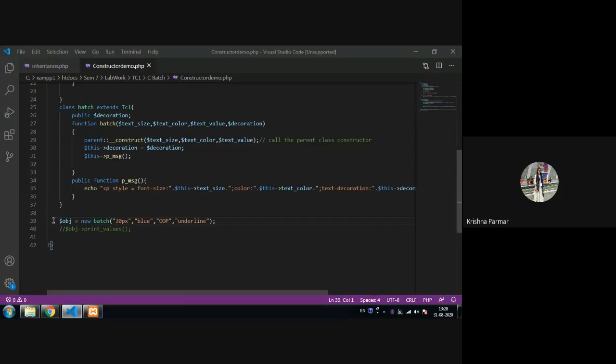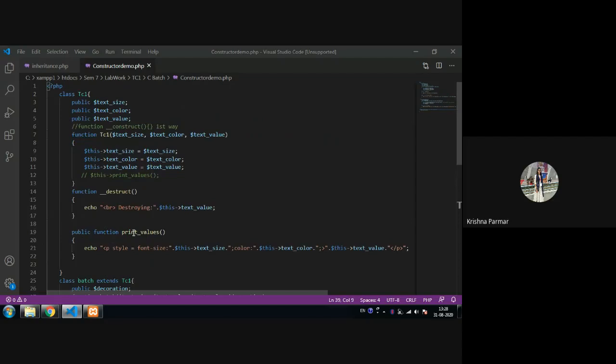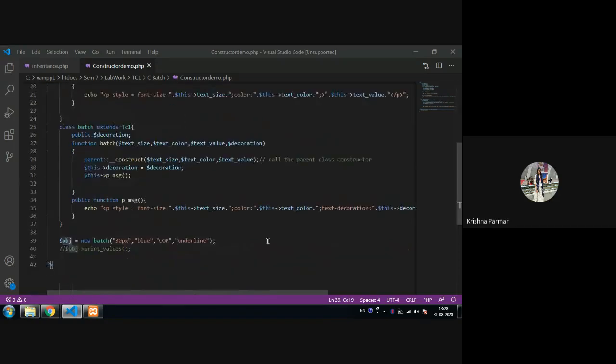Can you access the property of your father? Yes or no? Definitely yes, because you have all the access to use your property and your father's property. So here batch is your child class as you, and you can access your father's property as well as your property. So for this object, if I call this function, that is also valid, and if I call this function, that is also valid.